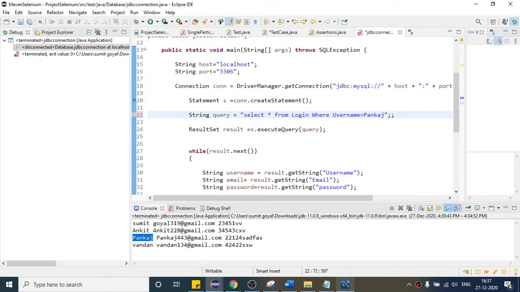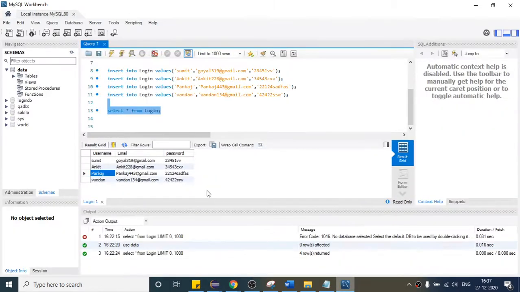If I execute the same query here in the database, let us see whether it is getting the required person's data or not. First let me check.